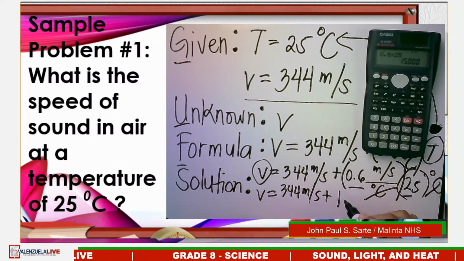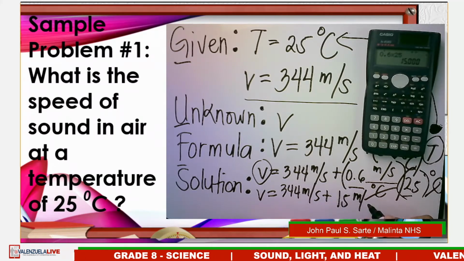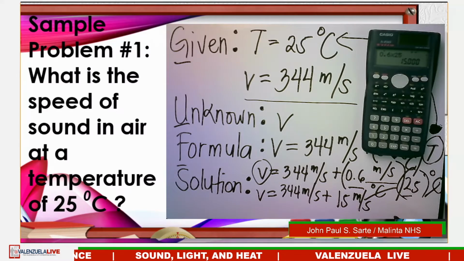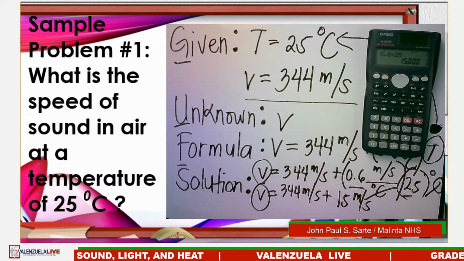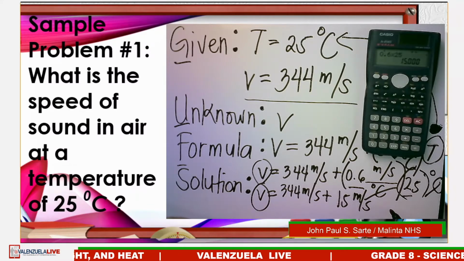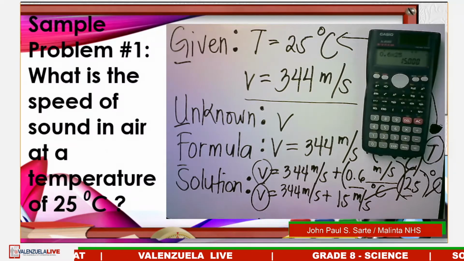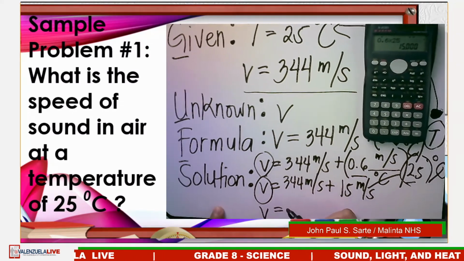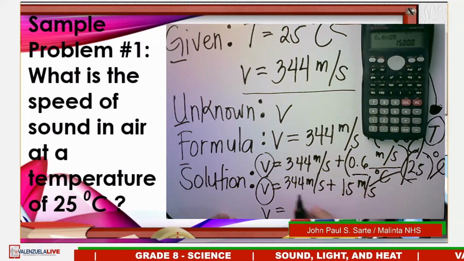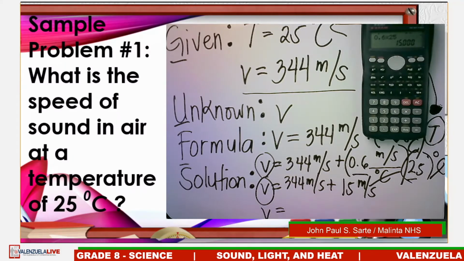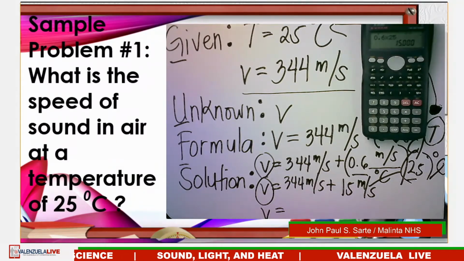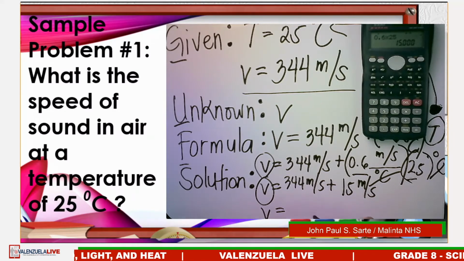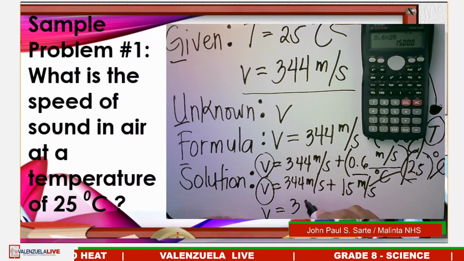Okay, 15 meters per second. We don't need to cancel out the unit, class, because we are looking for the speed. So, speed of sound is equal to 344 meters per second added to 15 meters per second. What should be the answer, class? The answer would be 359